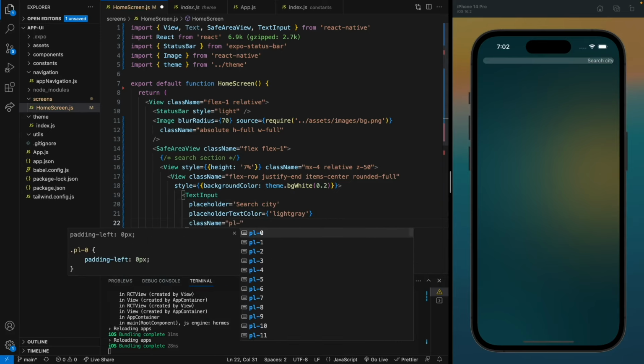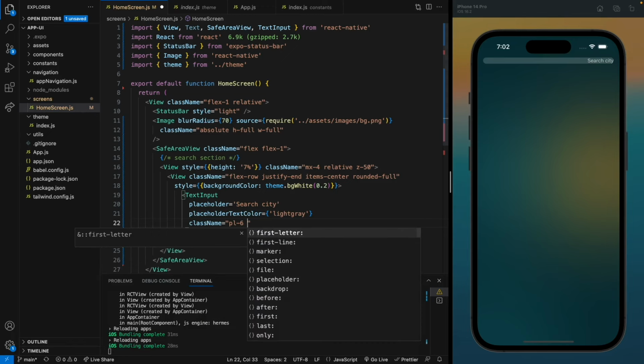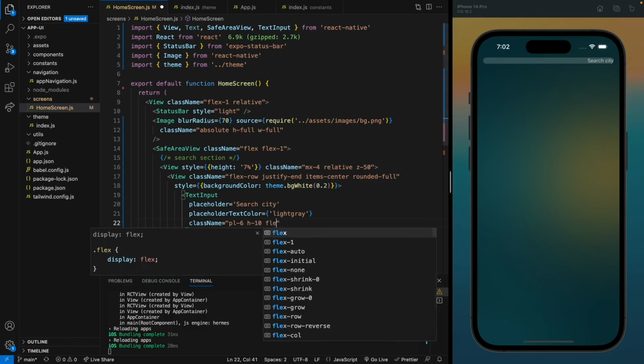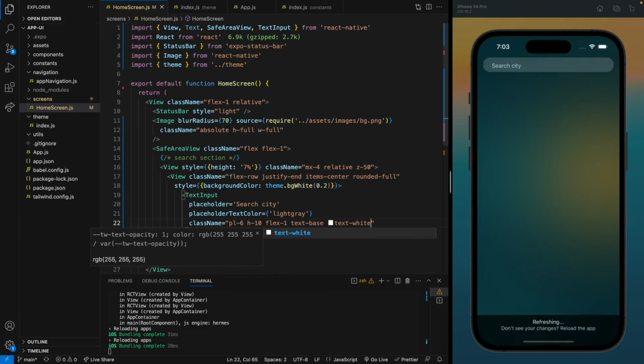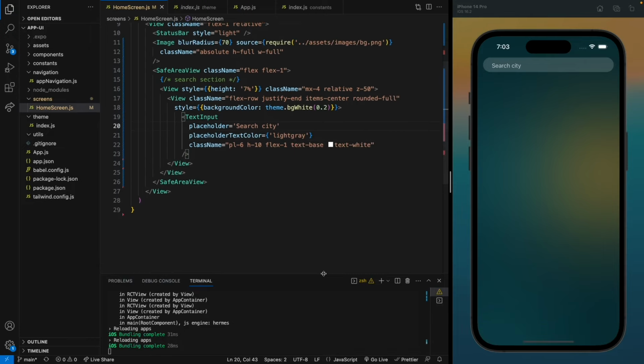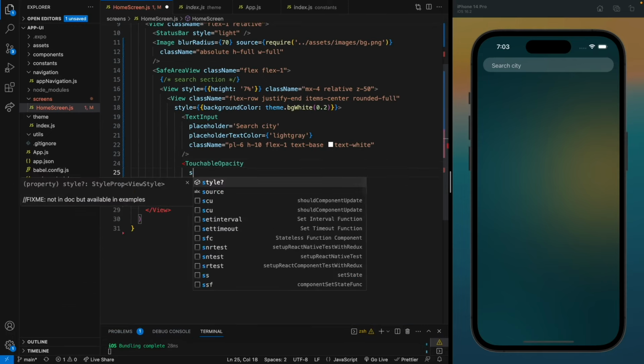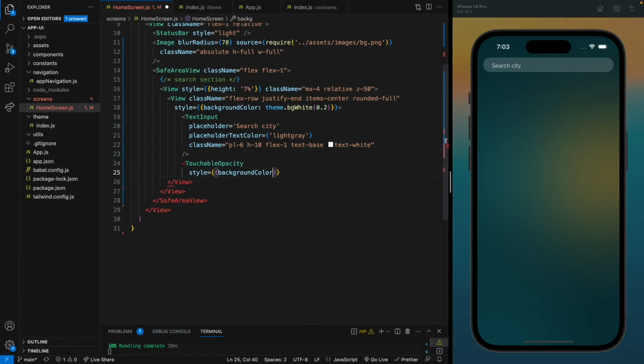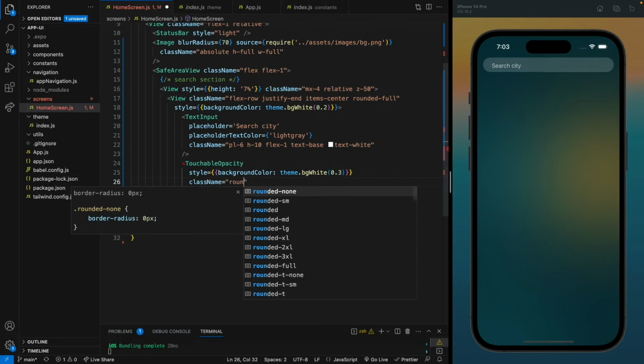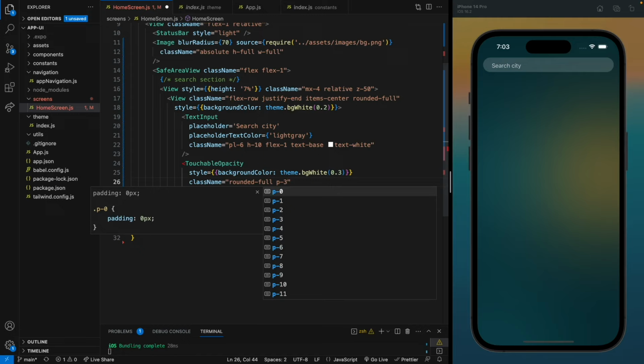Now we're going to add padding left of 6 and height of 10. Flex should be 1 because it's going to take all the space. Text white. Now it's looking a little better. So let's add a button for the search. So we're going to use touchable opacity. Let's also give it a background of white, but this time we're going to use opacity of 0.3 like this. And let's add a class name for padding and margin, and rounded should be full